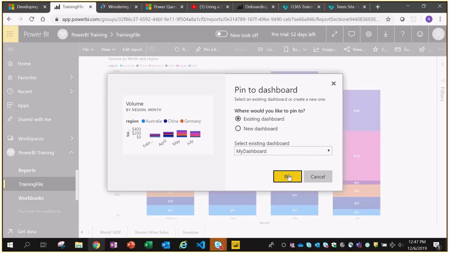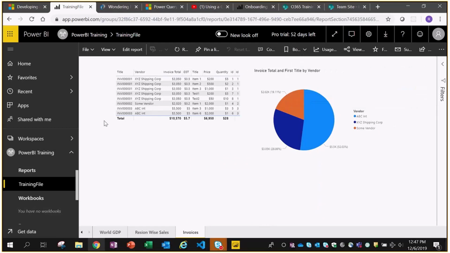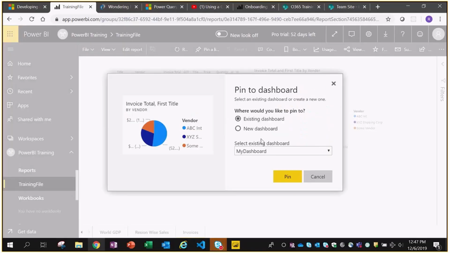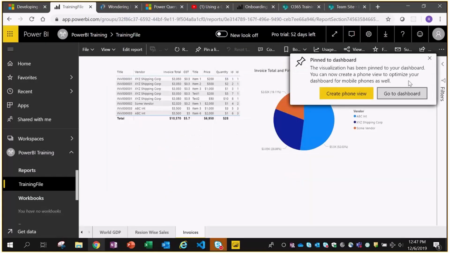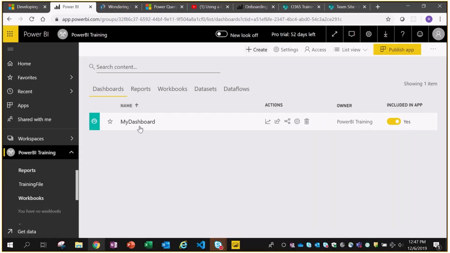So let's say an existing one, and the invoices also I would like to. Instead of this table, I would like to see this graph there. So I'll just select this and then pin it. I can go to the dashboard from here, or I can go to the dashboard from here also. So if you can see, this dashboard is coming here. So if you click here,